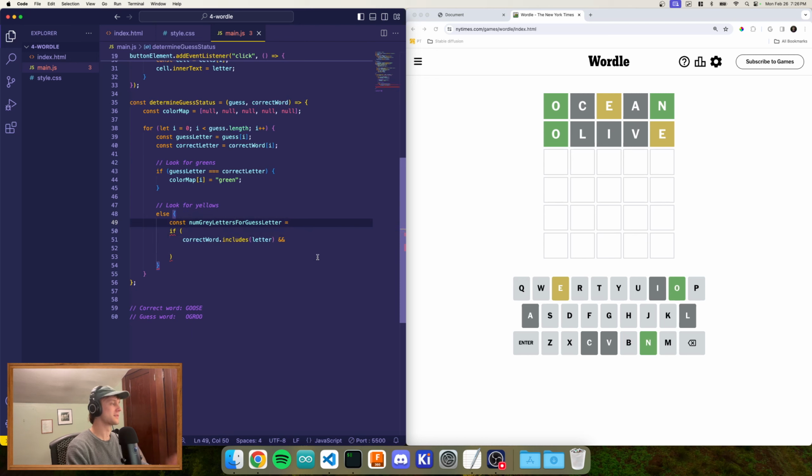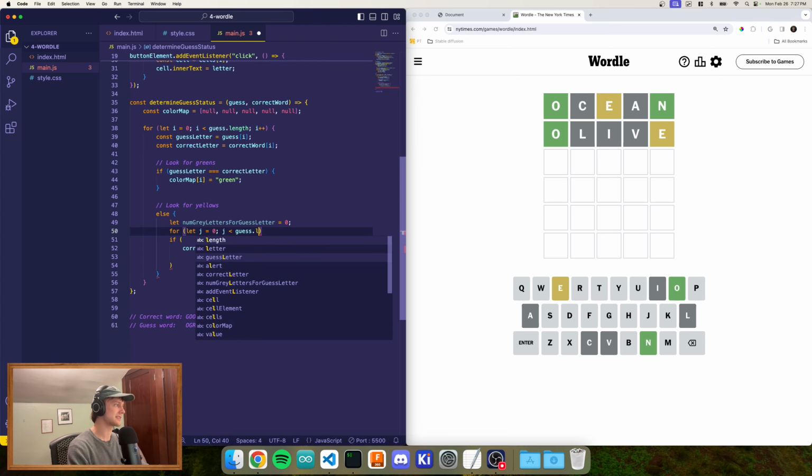So I think we need to loop again here, and we'll need to figure out this value as we loop. So it'll start at 0, and we'll say, okay, for j is equal to 0, j is less than guess.length, j++,